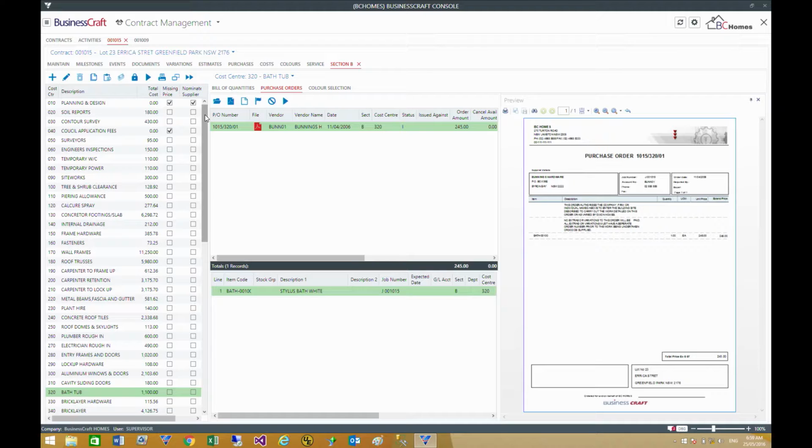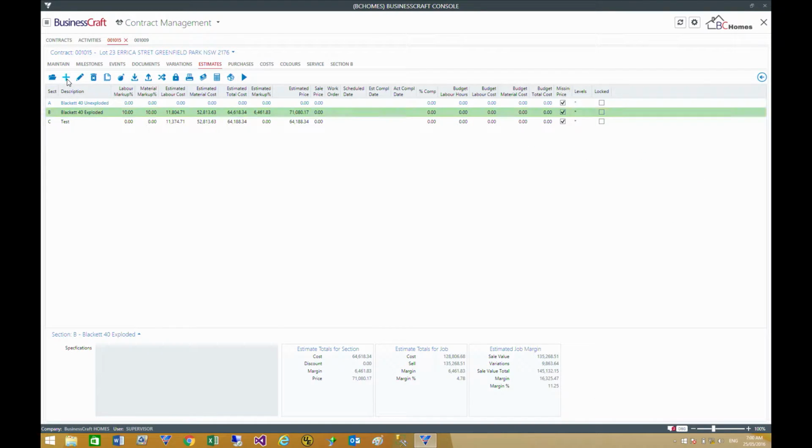We can cut and paste records. That was something people would say, oh, if I've already got an estimate, can I copy that to another estimate? And yes, they could do it. They'd have to go to a dialogue, select what they wanted to do, hit OK, and it was a manual process. Now, if I just go back to here and quickly add another section,